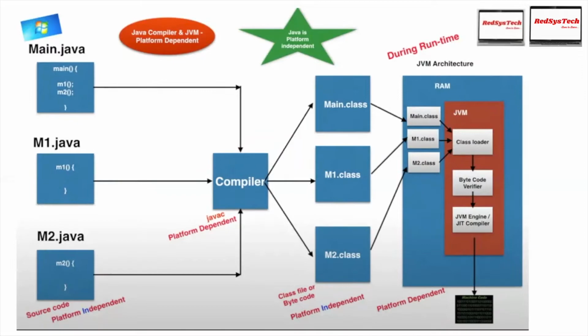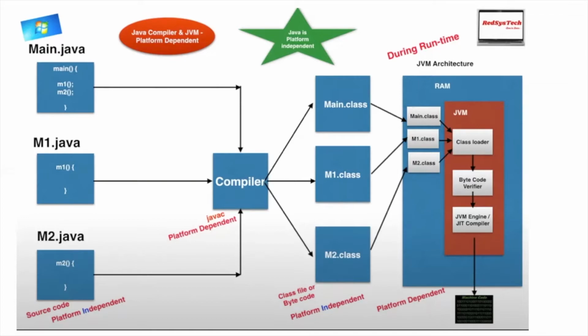If you see here, Main.java, M1.java, M2.java, right? These are all the .java files created by you on your Windows machine, which get compiled by the compiler using javac, and converted into .class files, which get loaded into the JVM with the help of class loaders, and then finally get executed. The source code you write is called platform independent, because once you write your program in .java, you can use it to run on any platform. That is why it is called platform independent.